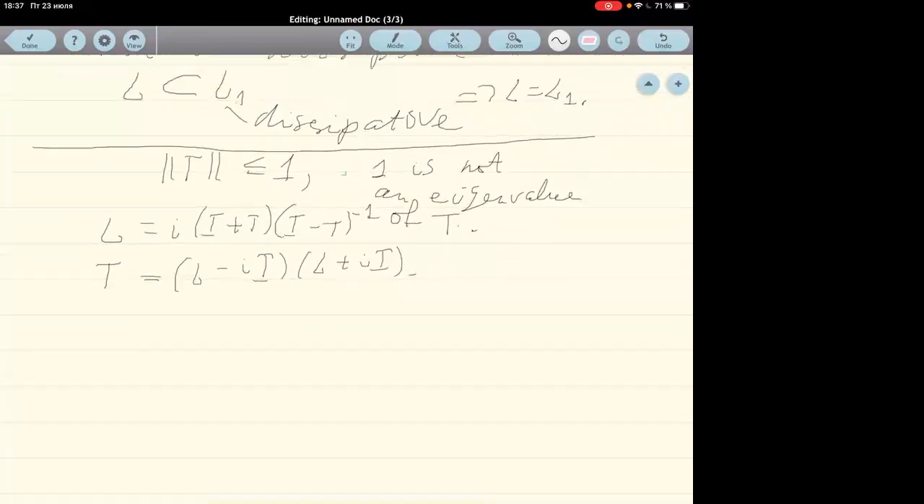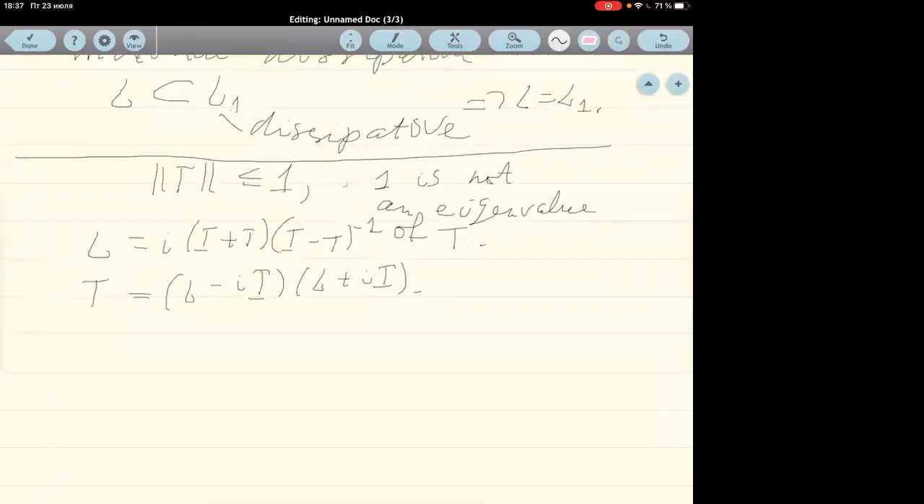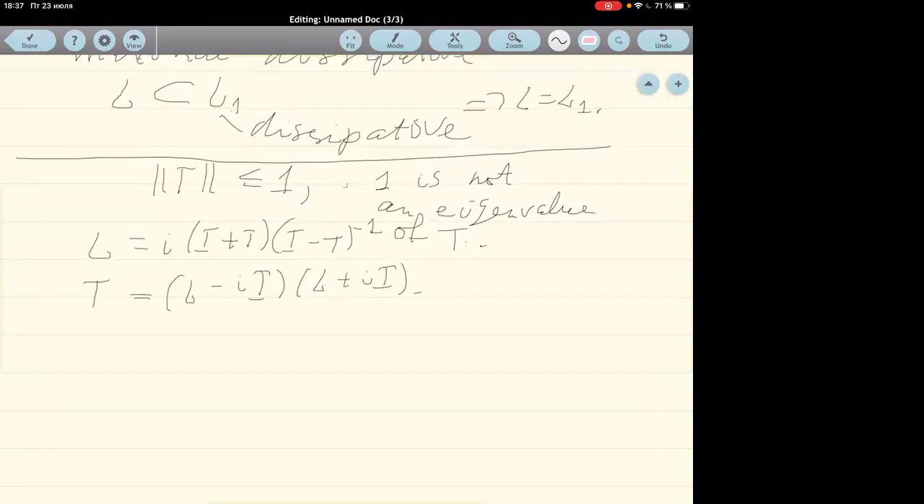And many problems for dissipative operators can be reduced to the corresponding problems for contractions. But actually not all the problems. And the problem I am going to consider today is not of this kind. The corresponding problem for contractions is much easier. First of all, how can we define functions of